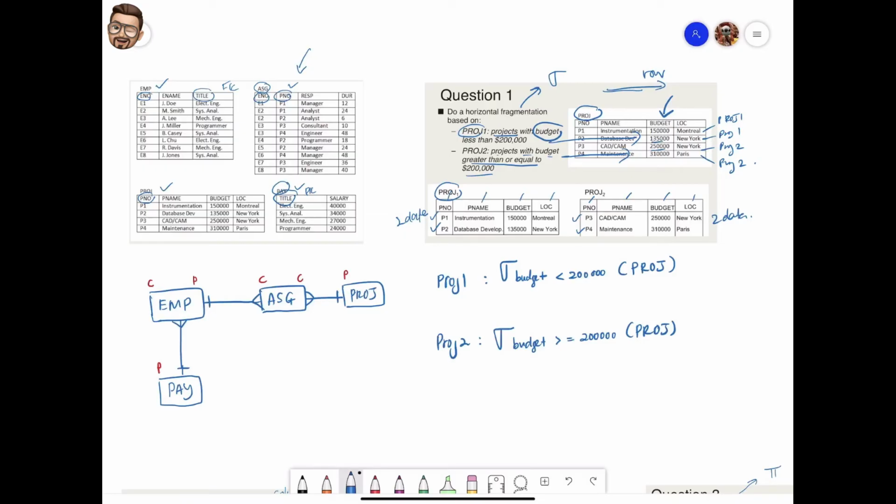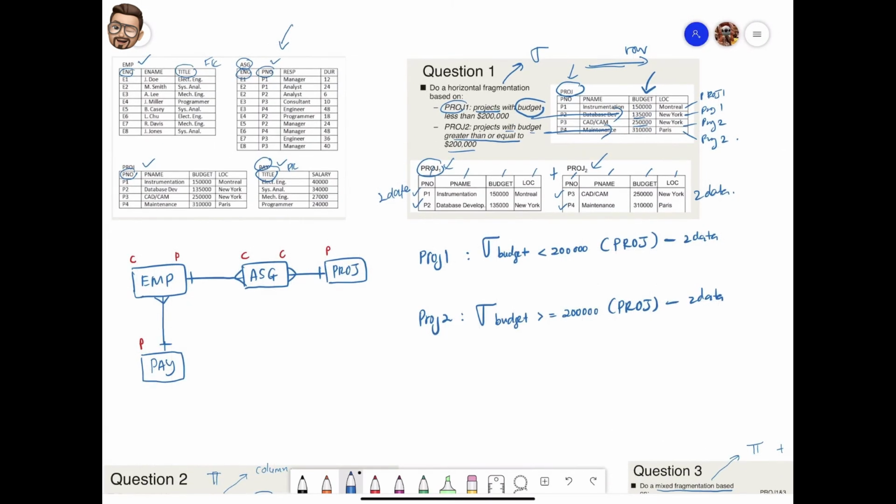Based on this, the one big table project has been divided into fragment project 1 and fragment project 2. And this is the relational algebra to divide the table into smaller fragments. You also need to understand that once you have divided the data, it can be combined back into one big table. How can we combine back so that all the data is inside one big project again? To reconstruct this,